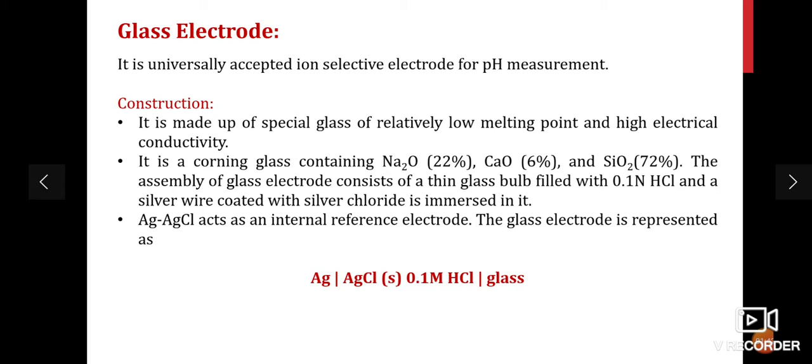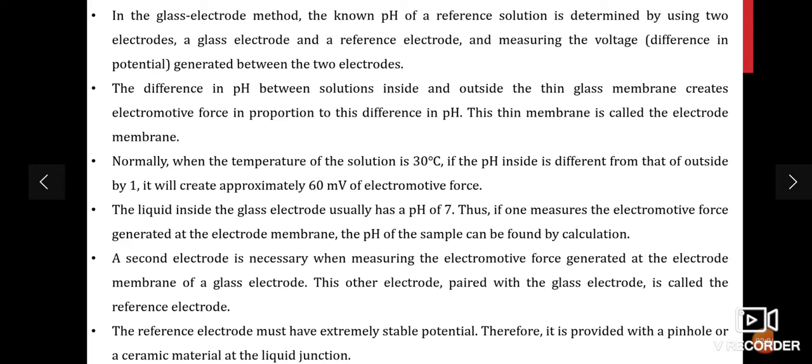The assembly of glass electrode consists of a thin glass bulb which is filled with 0.1 N hydrochloric acid, and a silver wire coated with silver chloride is immersed in it. The silver chloride electrode acts as an internal reference electrode. The glass electrode is represented here. In the glass electrode,